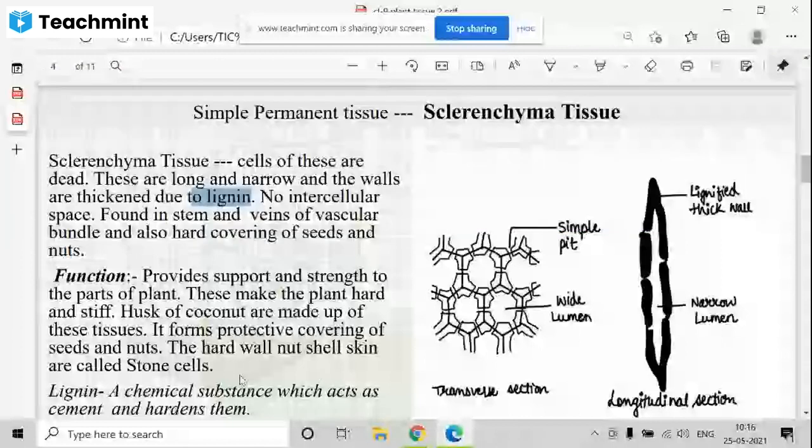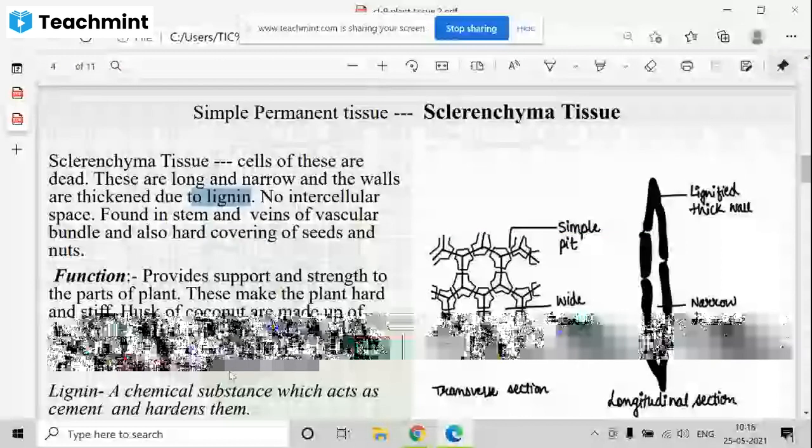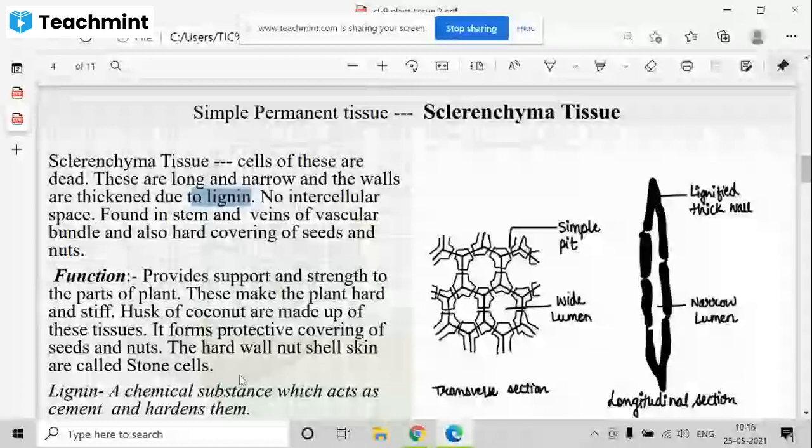Now, when you break the almonds or dry fruits, you see the hard shell is on the top. That hard shell is the stone cells, and it is made up of sclerenchyma. Now, the structure you see: simple pits are there. This is the joint, narrow part, called a pit. There is a difference between pith, P-I-T-H, and pit. Pit is the joining part of the two cells.